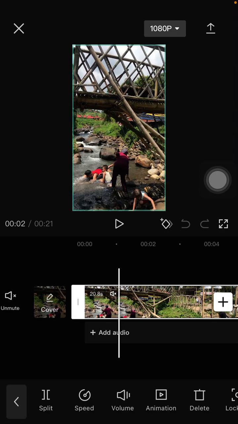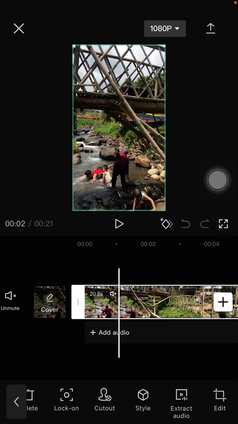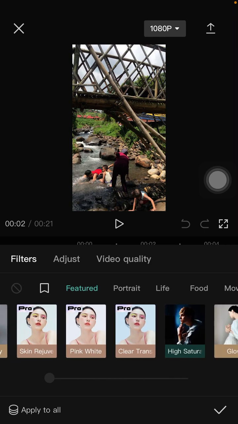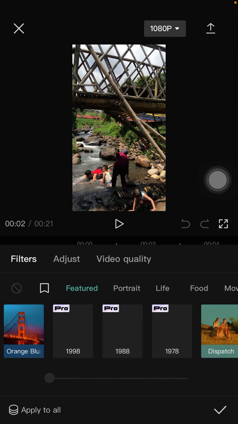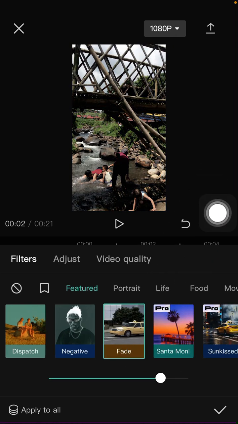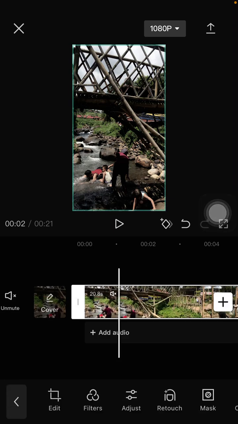So just click on the clip and select adjust. But before that, I'm going to select filters, scroll to the right until you find fade. Just click on it, click the check mark and click adjust